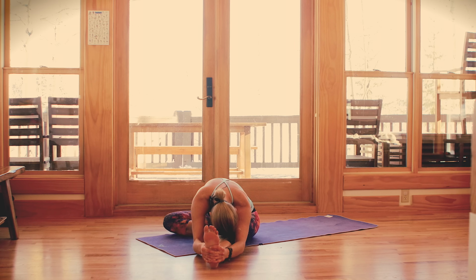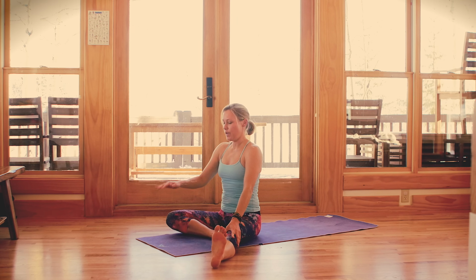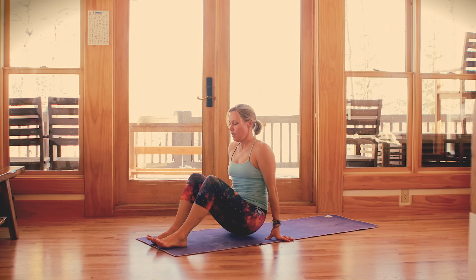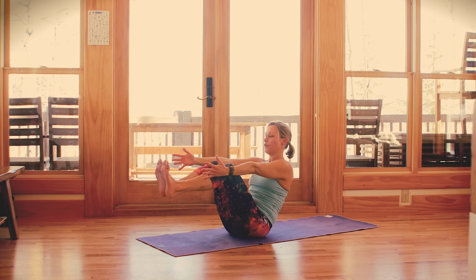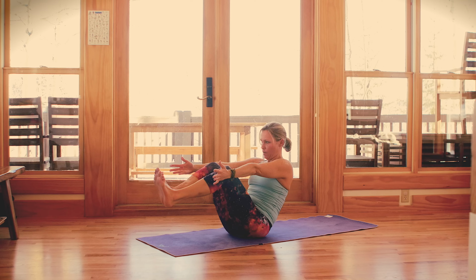Last breath here. Release from your fold. Bring both feet out in front of you, flat to the floor, knees face up. Reach your arms forward. Lift your feet up off the floor for boat pose and hold it for 5, 4, 3, 2, 1. Now we're going to roll back